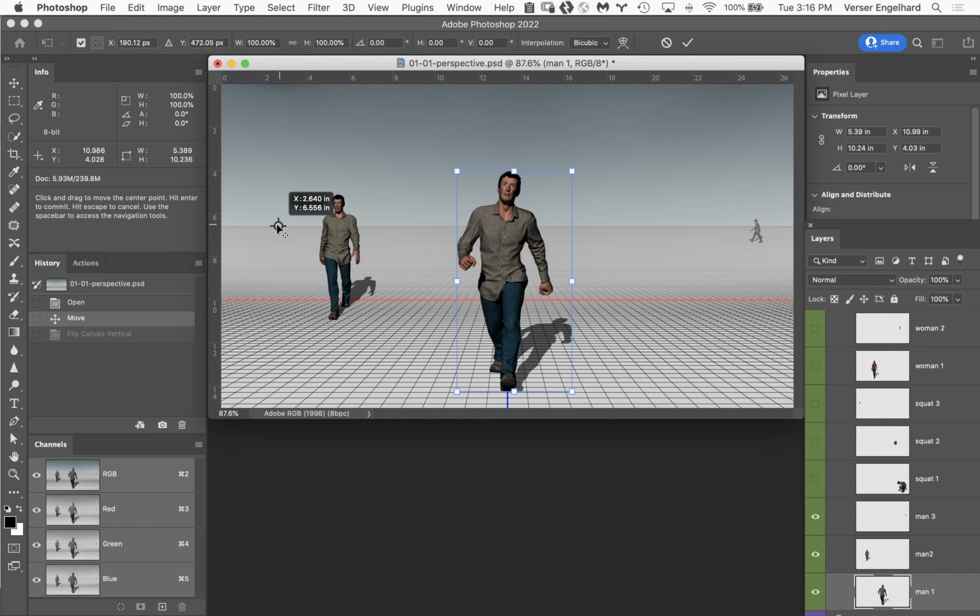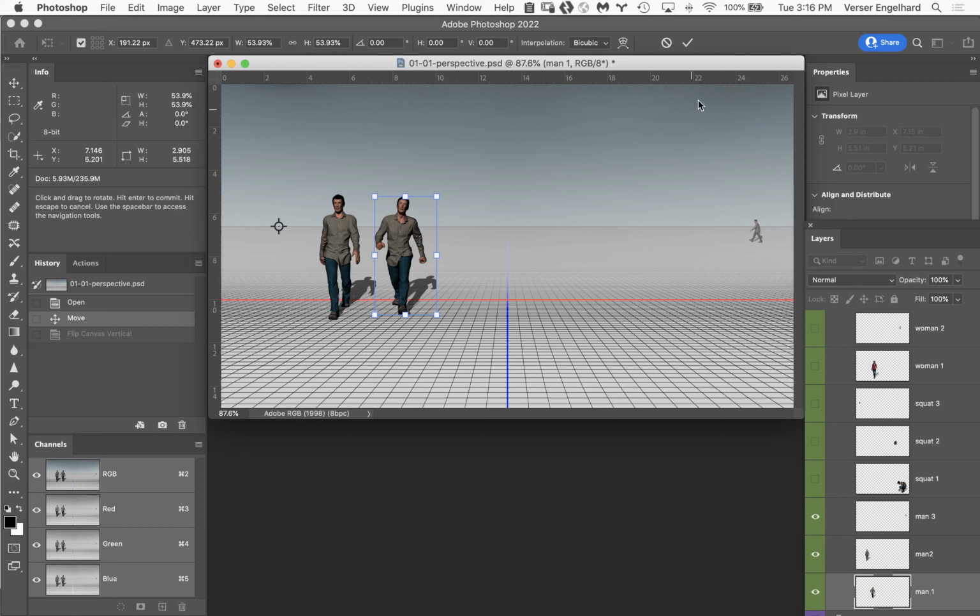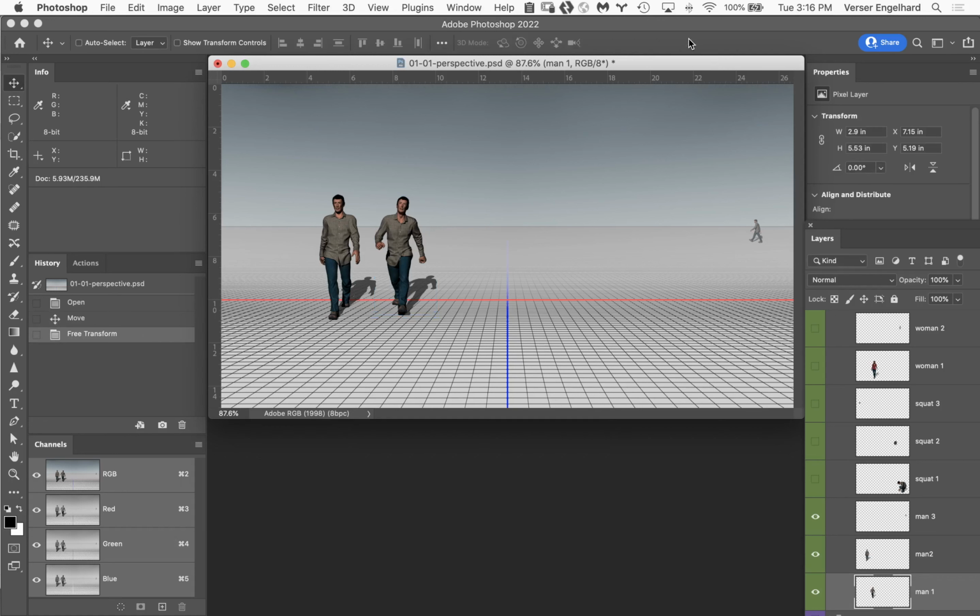So I'm going to bring it over here onto the left-hand side. And I'm going to, again, hold down the Shift key and the Option key. I'm going to click on the control corner on the right side of this guy and start to push back. And you can actually see when I get him very close to where the other one is, he is exactly the same size as the other guy. He is being transformed in perspective. And if I say OK right now, he is actually transformed in